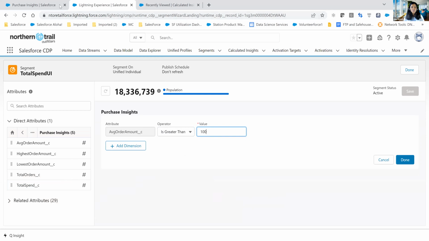And similar to what we saw before, with the previous demo, I can include these values as attributes in my activation. So in the case of Casey's, they included these calculated insights. They use it not only for segmentation, but they included it in the activation. And then on the Marketing Cloud side, they had dynamic content that actually looked for that customer. Here is the calculated insight that shows the product affinity. And so I'm going to display this content. So that's how you can actually bring this whole thing into play by using calculated insights, not just for segmentation, but also for activation and to drive content in downstream systems.